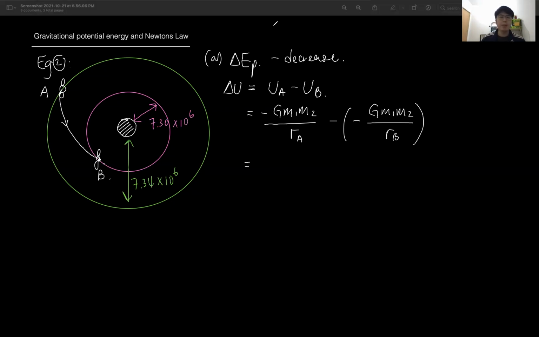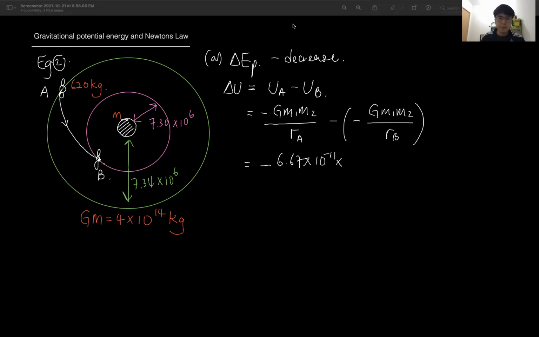Now again, not all the values are given here. So let's say we use the gravitational constant and the mass of the planet, M, as 4 times 10 to the power of 14 kg, and the mass of the satellite, 620 kg. This is actually one of the questions from the past year. All right, then we put in the calculation, negative 6.67 times 10